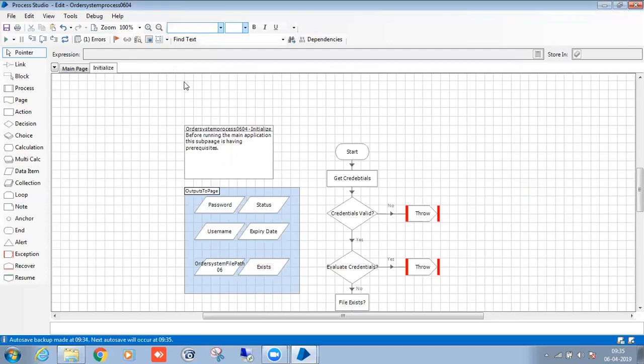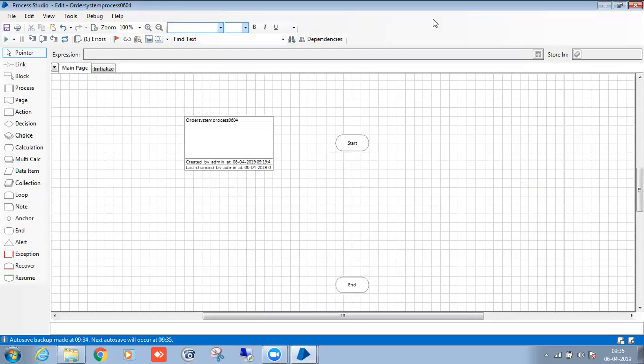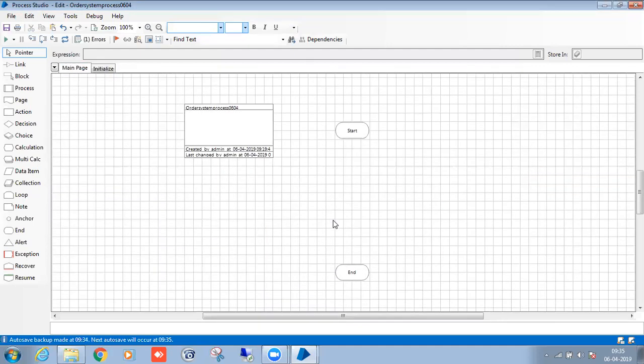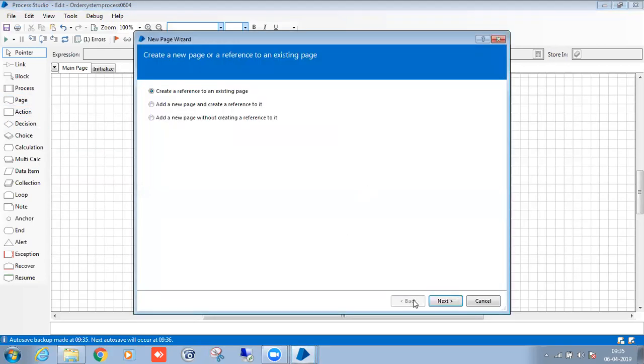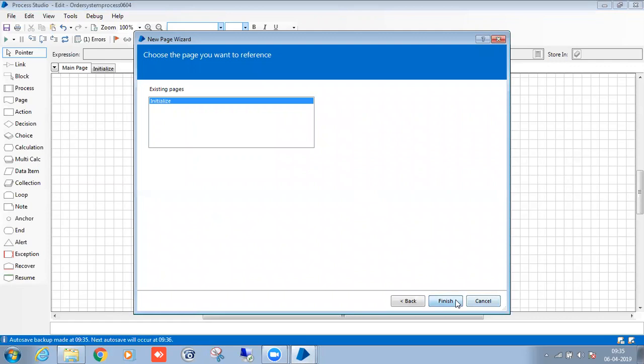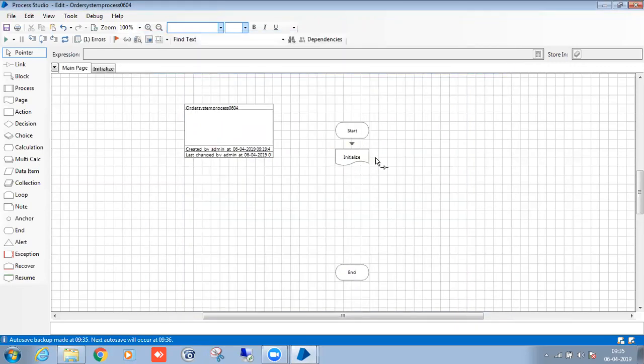Done. So after the initialize page is done, we have to go for the next step. What is the next step? The first page is the initialize page, right? So the next page is the import Excel data. This is my initialize page. My next page is the import Excel data.